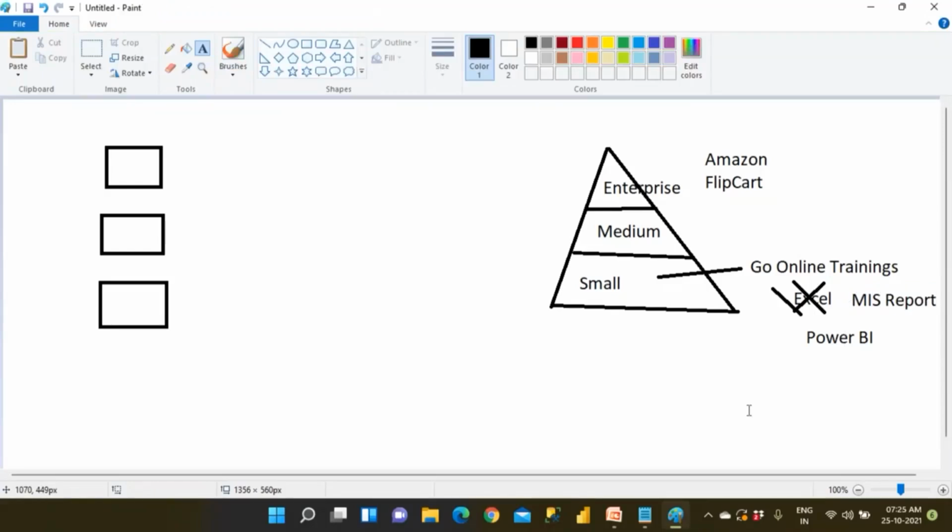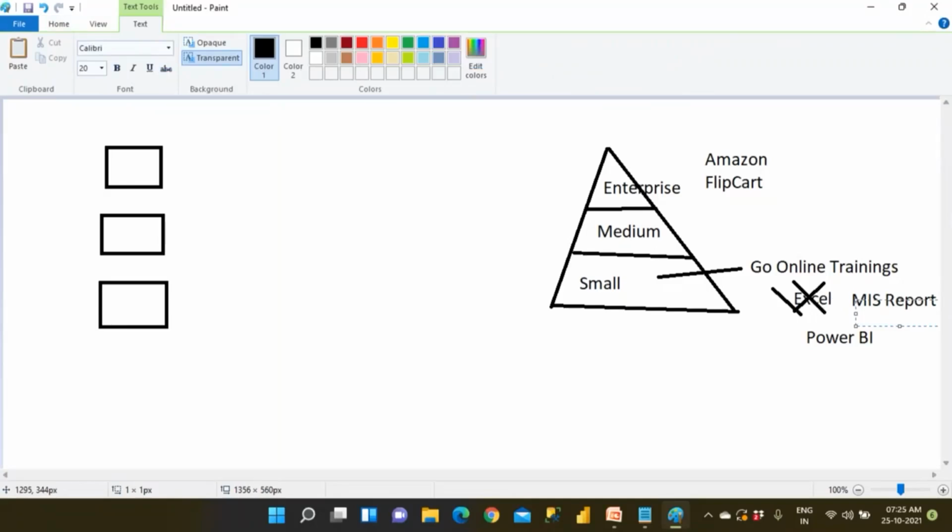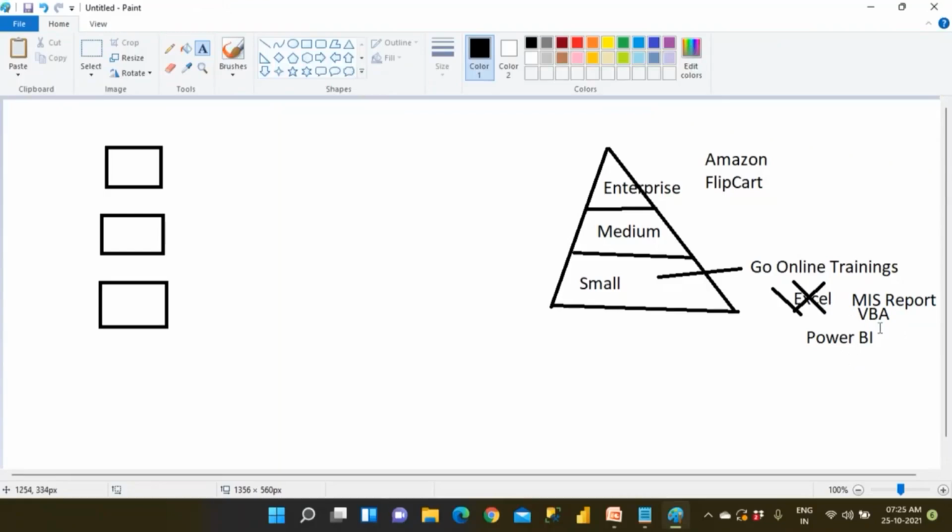MIS reporting can be done with the help of Excel, but Excel is more tedious, more complex, and you need to recruit Excel developers, and morning to evening they'll take your data, create a lot of reports and publish. One thing, they don't get much salary, and you will also be waiting for a lot of reports, a lot of time consumption, and you cannot automate a lot of things. And these people are going to be writing VBA code. However, we are writing M language code and DAX code here. So Excel people are writing VBA, VB scripting code, for analysis.